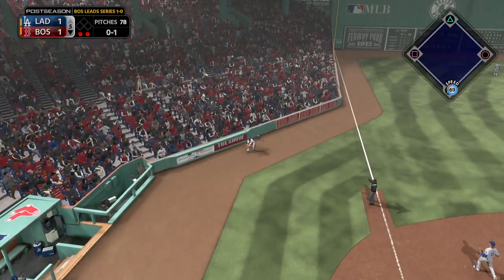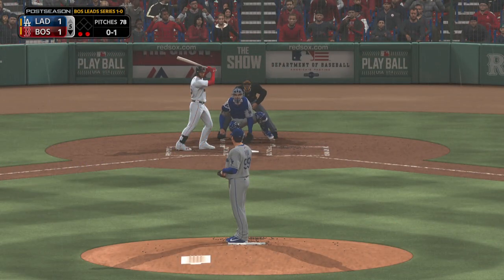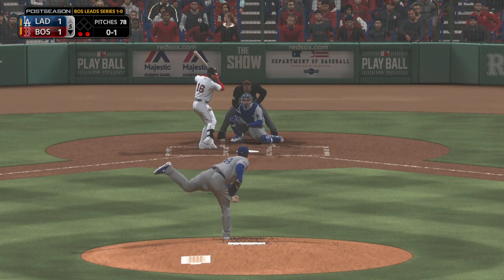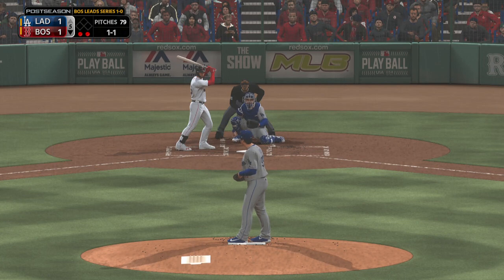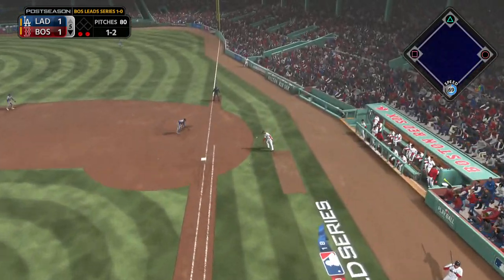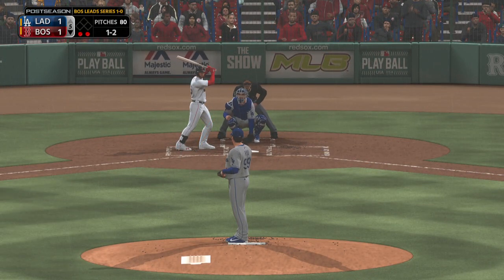Now a ball lined to the left side. Foul. The 0-1 delivery. Off the plate and in. It's a ball and a strike. Hit down the line at first, but a foul ball. 1-2 now. The 1-2